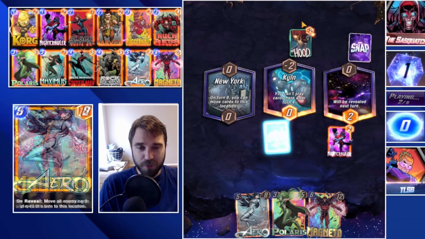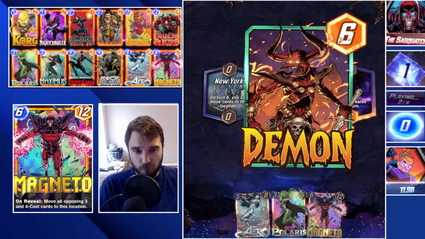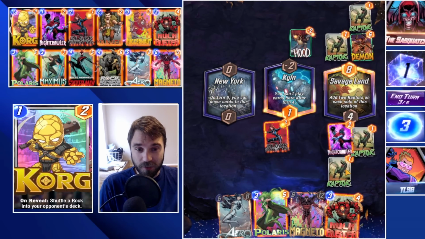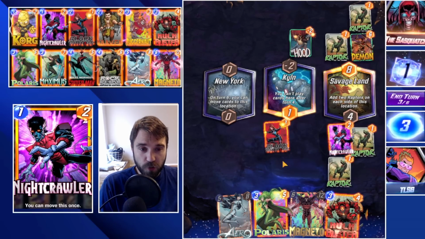We're always going to be able to potentially pull out one of their cards from Kiln, which I think we're going to have to rely on. So they play Demon into the far right lane, which turns out is a Savage Land location, which takes up a lot of our space. Do we pull another card into Kiln, or do we try to pull...